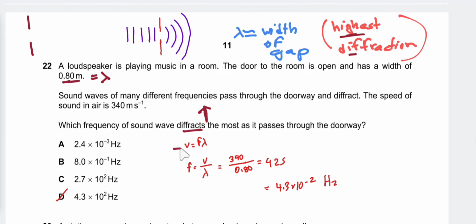And V is equal to f lambda by using this formula, so f is equal to V by lambda. So V by the wavelength. So we get a frequency that is 425 or approximately 4.3 into 10 to the power 2 Hz. So the answer